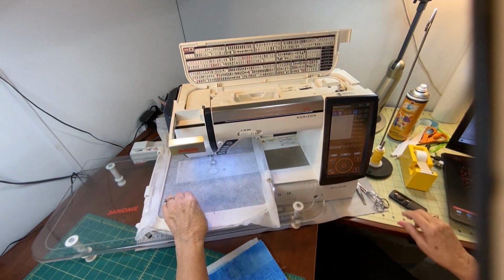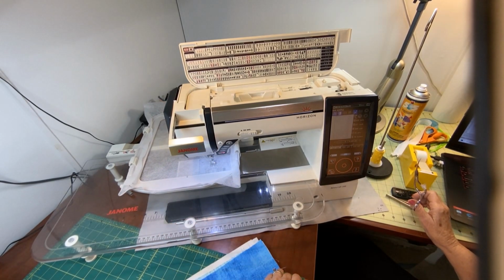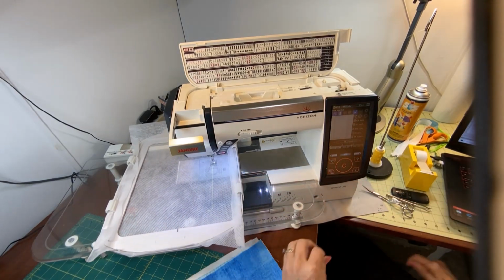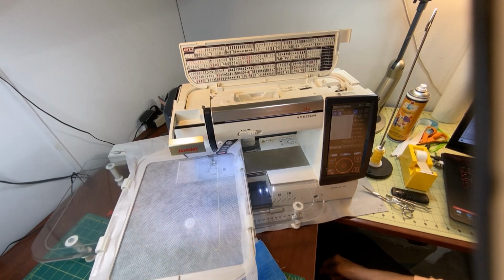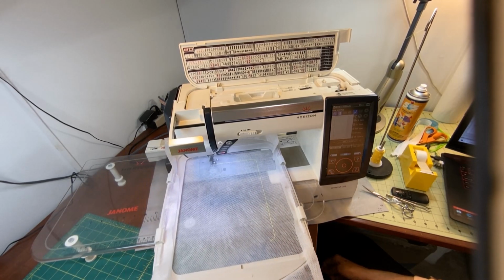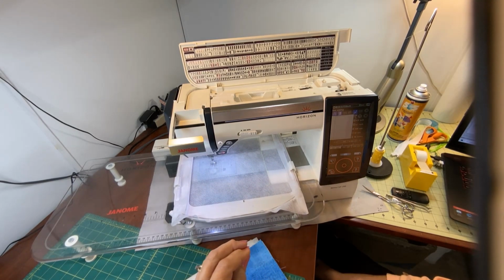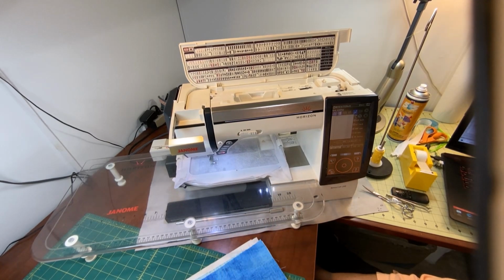So the first section of the design is going to sew directly onto the stabilizer. Once in a while, and I do have multiple embroidery machines, not just this one, when I'm stitching directly onto the stabilizer, it doesn't necessarily like to catch the stitches or catch the bobbin thread. I have no idea why. I do have a Janome ballpoint needle in there, and the reason is that it's a size 14 and it creates a little bit bigger hole. And when you do these bags, a lot of times the needle goes in the same spot over and over,